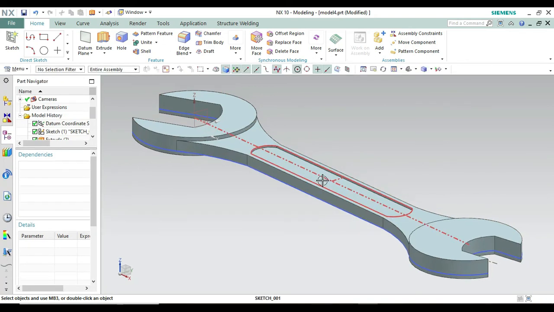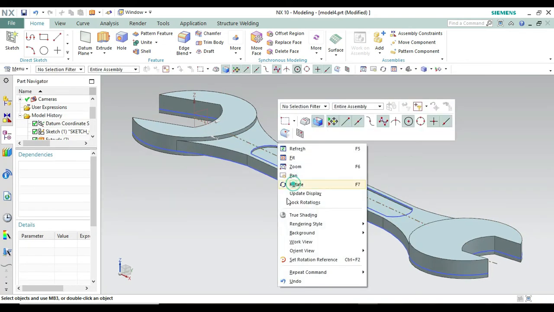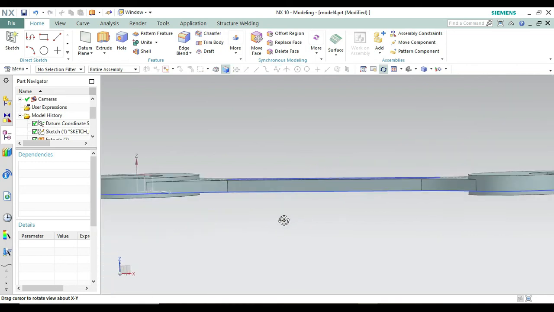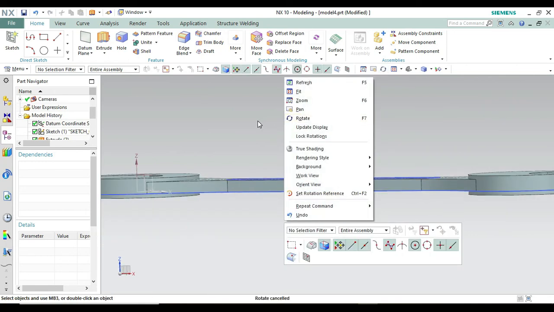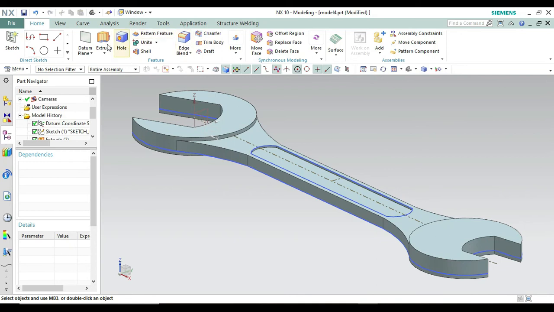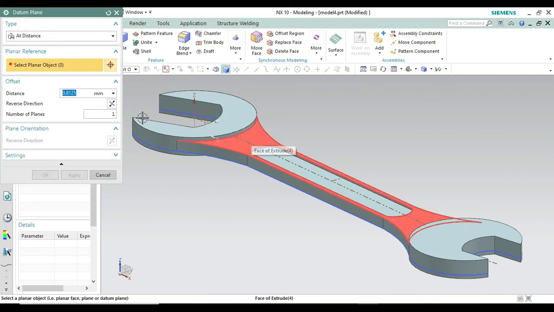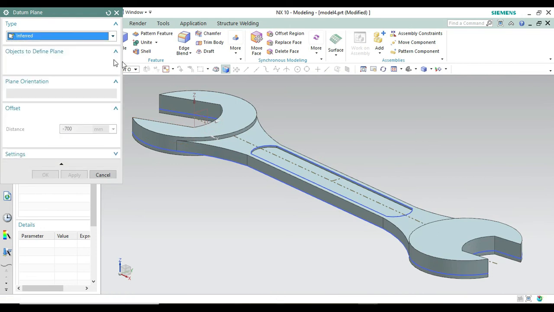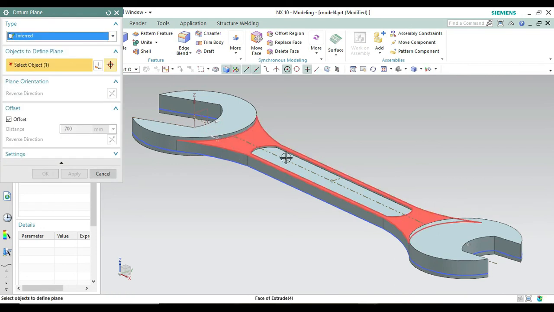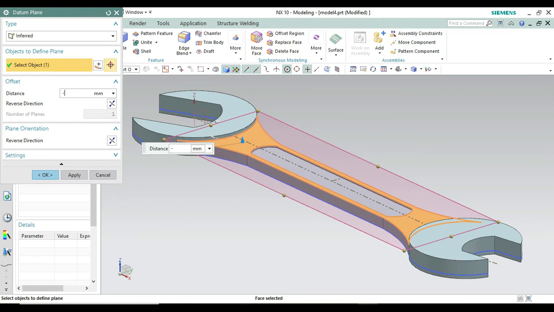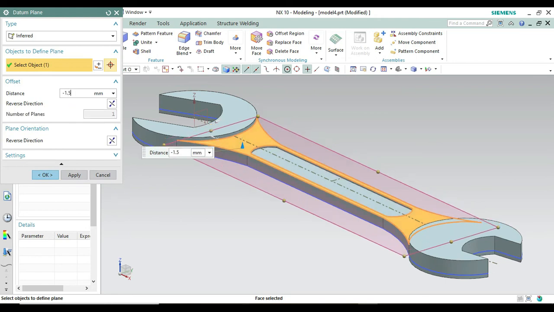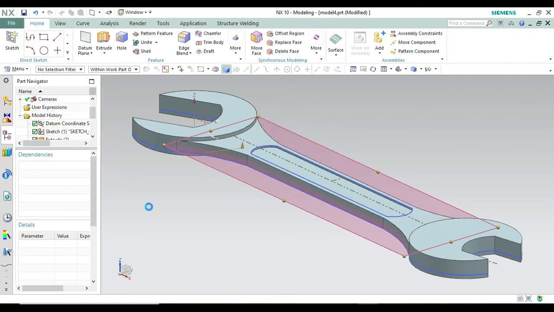It will be created. Now we have to create this on the same opposite side. Okay, so it should be easily done with the help of the mirror feature. So for the mirror feature, first use the datum plane. Here use the datum plane, from the top of the circle, at a distance. Okay, so select the face of extrude and it should be minus 1.5. It should be placed at center. Now make it okay.